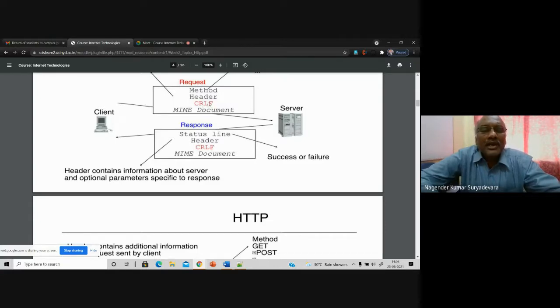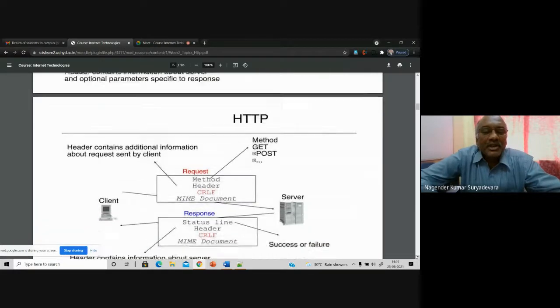Basically these are the control characters of your web document or web resource. Carriage return is nothing but your enter key, the terminal key value that you specify. And of course, you also have the multimedia mail extensions. You will have different types, whether it is ASCII or text coded in a different encoding style or format. All such information can be requested from the client, and obviously the corresponding responses come from the server to the client.